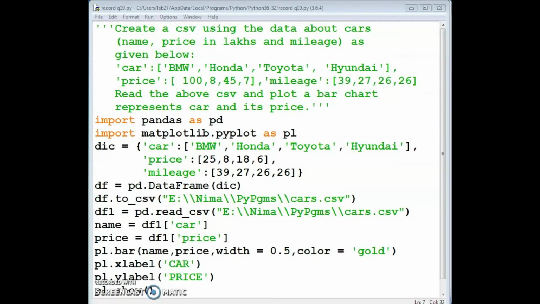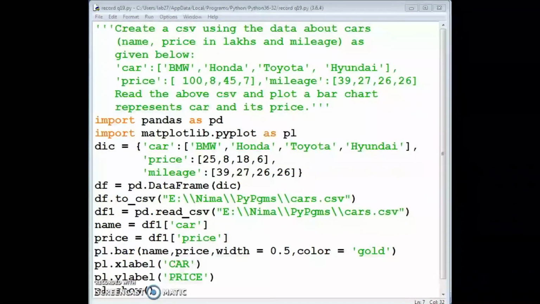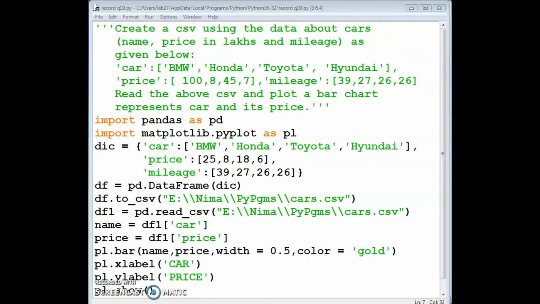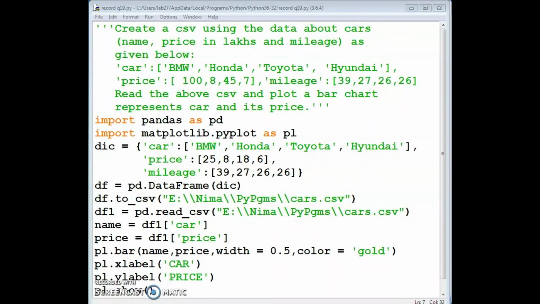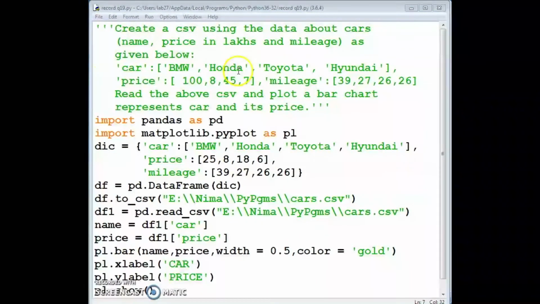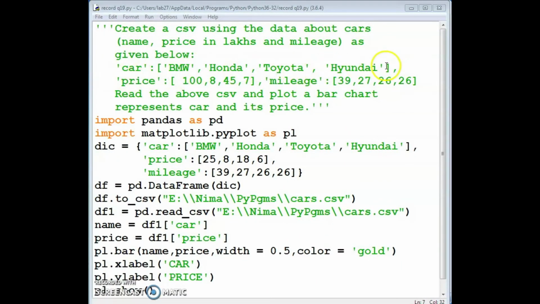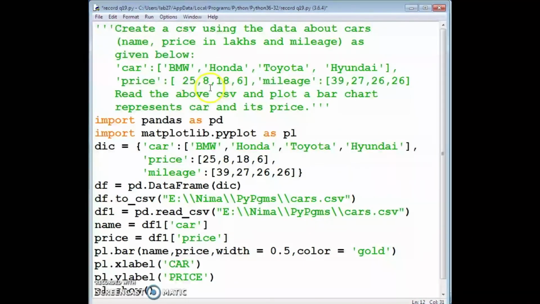Question number 19. Create a CSV using the data about cars, that is name, price in lakhs and mileage as given below. Car: BMW, Honda, Toyota and Hyundai. Price 25, 8, 18, 6.